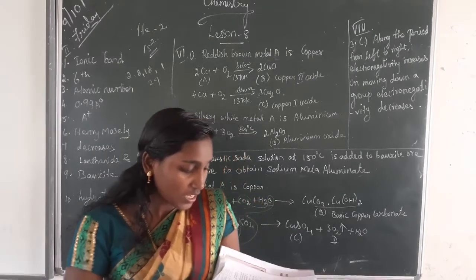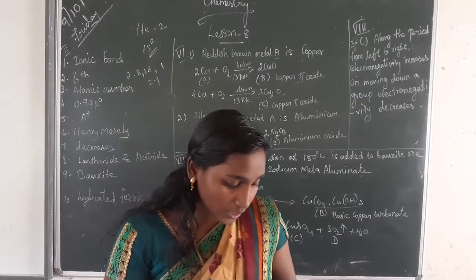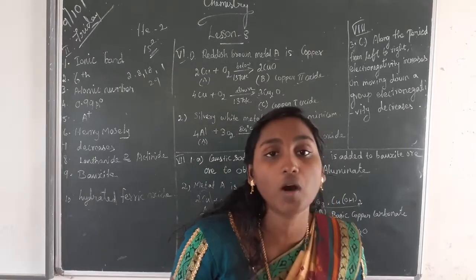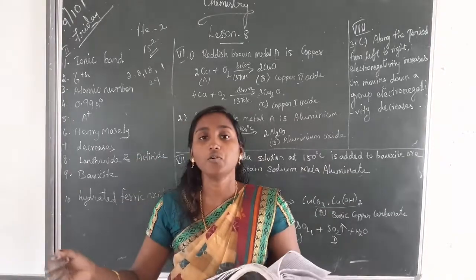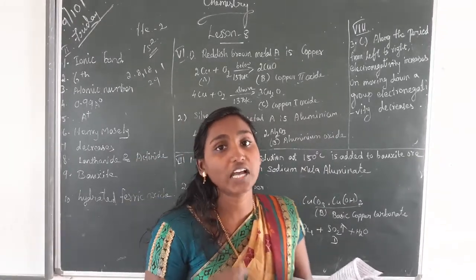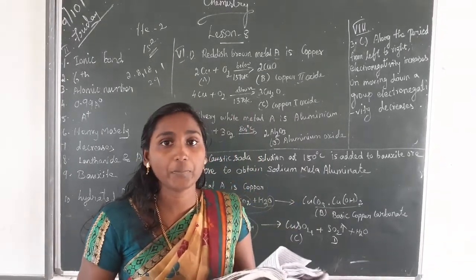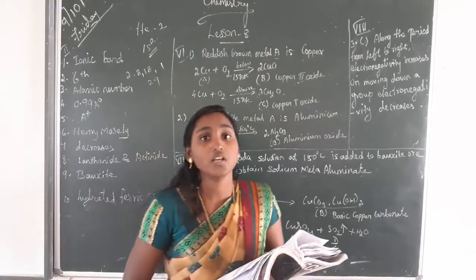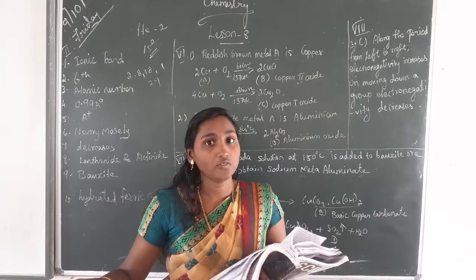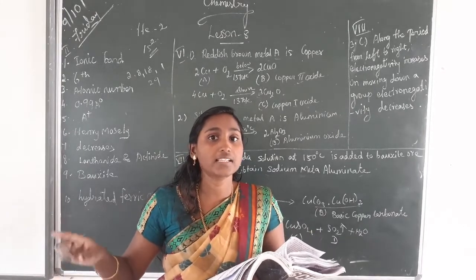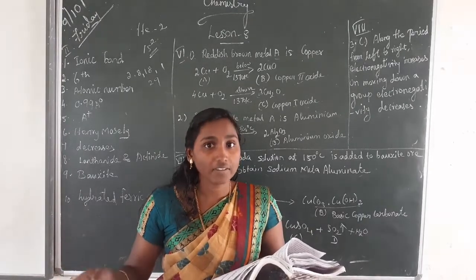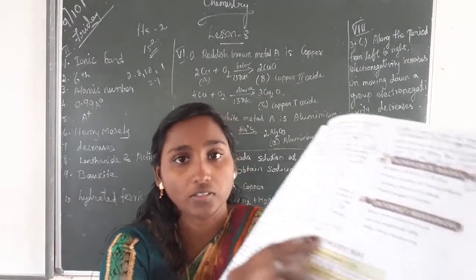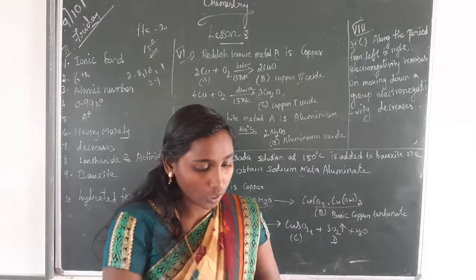The next question, the third one. Identify the bond between hydrogen and fluorine in the HF molecule. So hydrogen and fluorine, which bond can it form? Ionic bond, because the electronegativity value is greater than 1.7. So for hydrogen and fluorine, the electronegativity difference is greater than 1.7, so it can form an ionic bond. So here note it, first one, answer ionic bond.